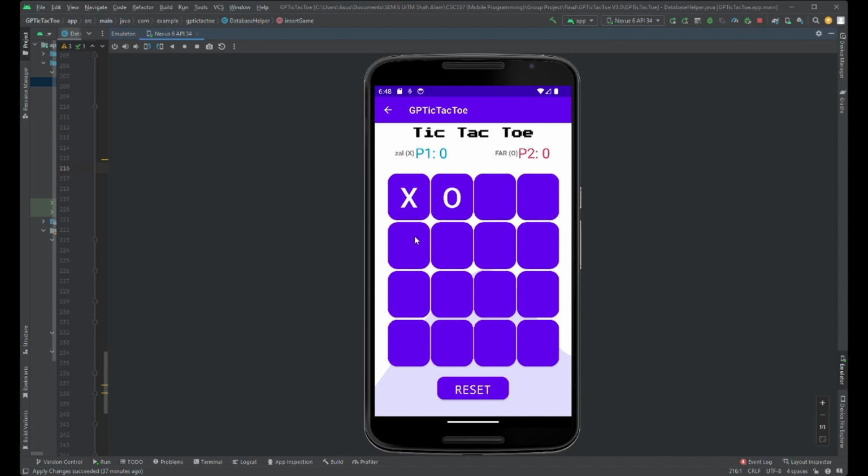So now if we play like normal, once the player wins, it will show a toast of player 1 wins, and it will be updated over here with the text 3 points for the win. So let's say if the second player wins,